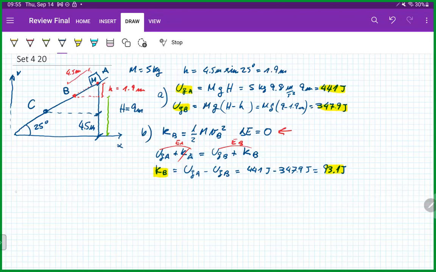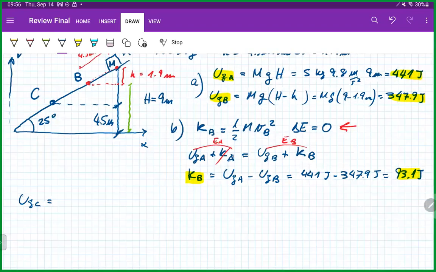So we can say that the potential energy for point C plus the kinetic energy of point C is equal to the potential energy at point A plus the kinetic energy of point A. Again, we know this one is 0, and we just solve for KC, which is